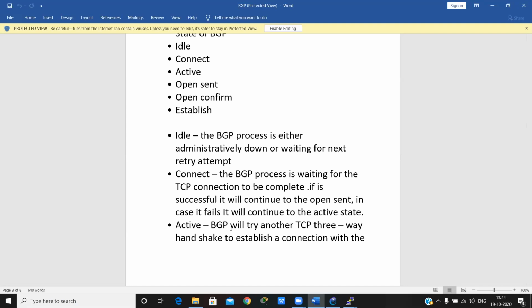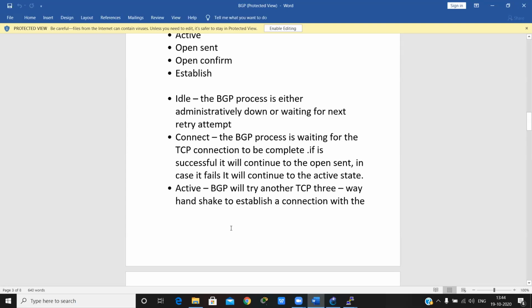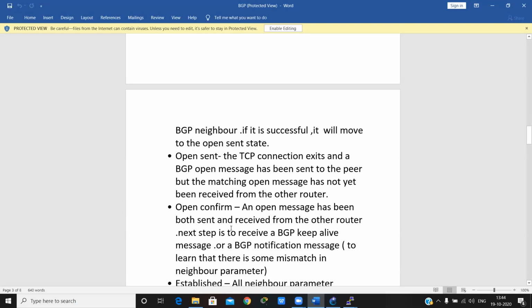In active state, BGP will try another TCP three-way handshake to establish a connection with the neighbor. If it is successful, it will move on to the open sent state.